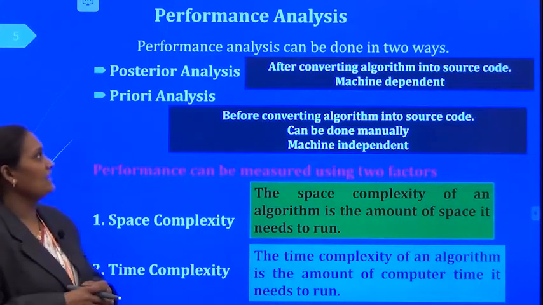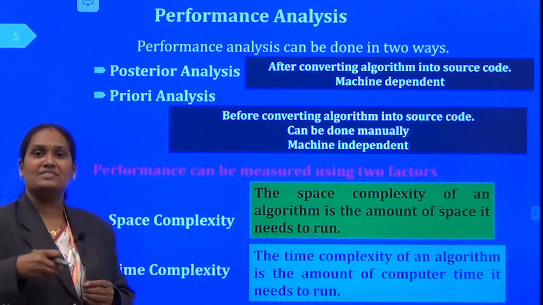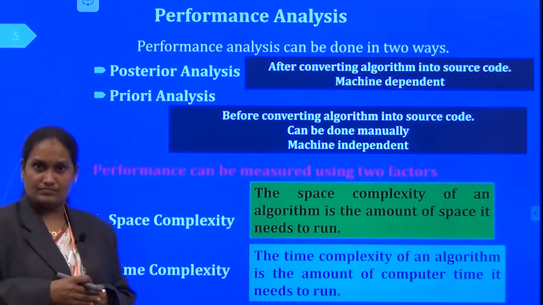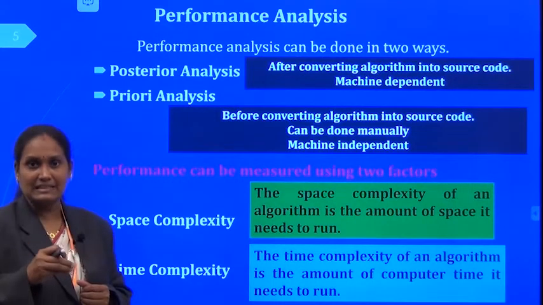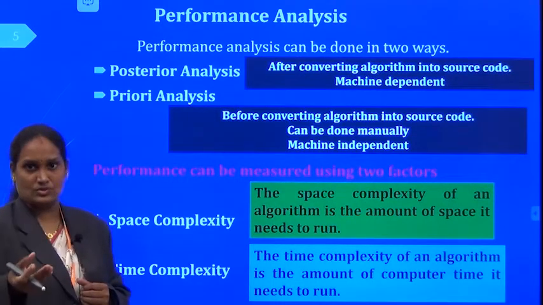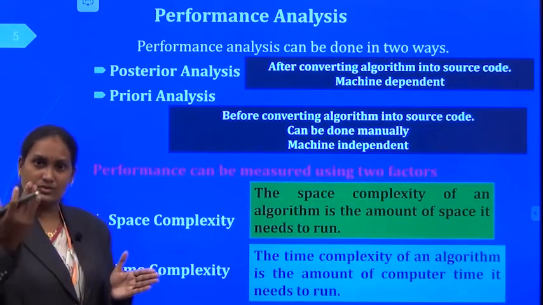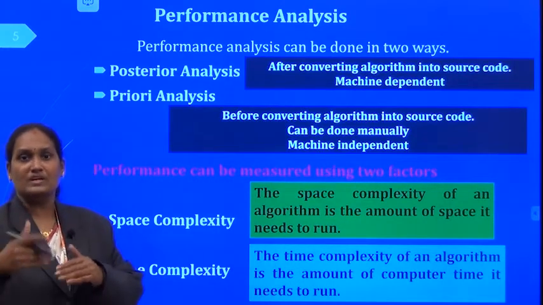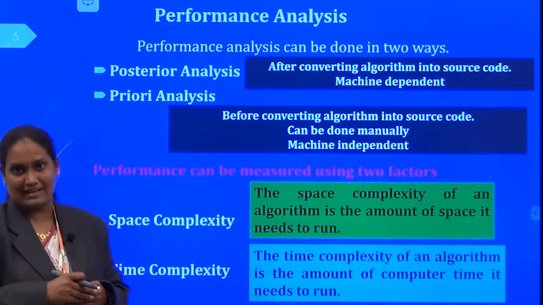Coming to posterior analysis, it is done after converting the algorithm into source code. That is, we have the pseudocode, we converted that pseudocode into source code, and after converting it, we analyze that source code. That is called posterior analysis.